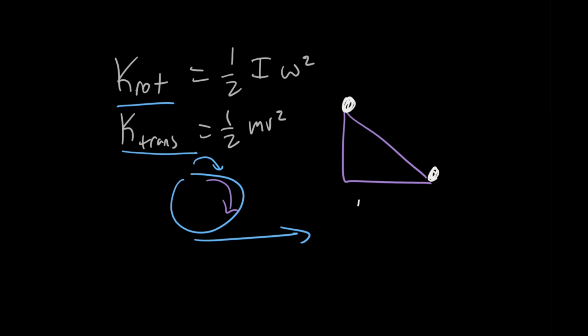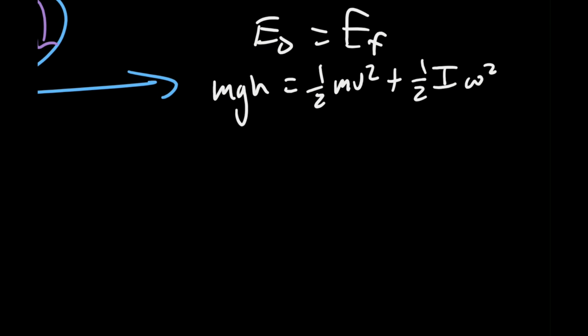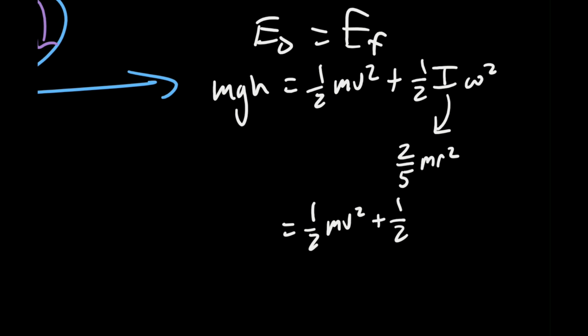So for example, let's say we have E naught is equal to E F, the ball starts at rest, and so we have mgh is equal to 1/2 mv squared plus 1/2 I omega squared. Let's say that we're given that the I for a solid sphere is 2/5 mr squared. Then we can plug this into our equation here, and we get 1/2 mv squared plus 1/2 times 2/5 mr squared times